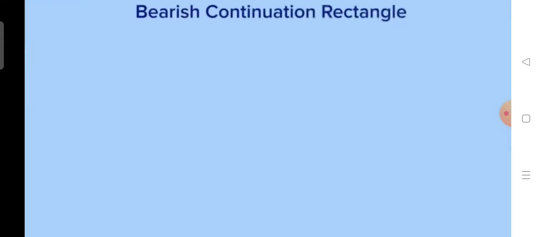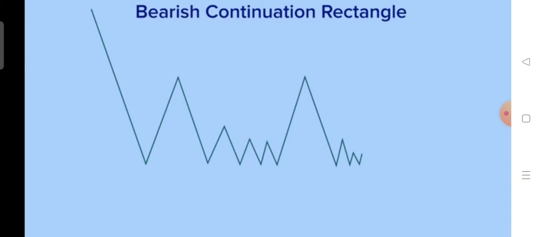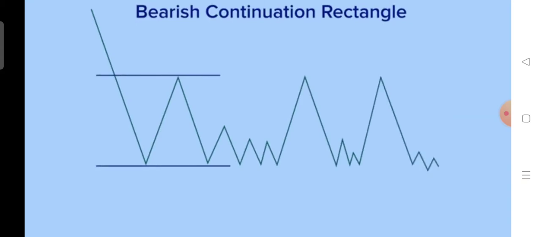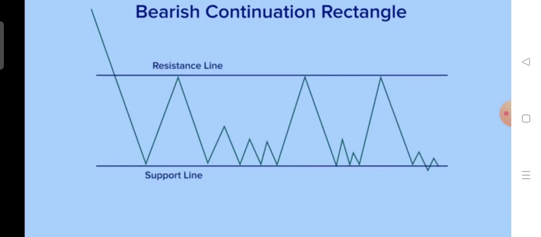So let us first talk about the continuation and finally we will talk about the reversal. So what happens? First there is a down move, then there is a price congestion, up and down, highs and lows are almost in a similar range and within a rectangular formation. Obviously when someone is seeing this, he can take the reversal trade aiming the opposite end of the boundaries, and eventually when there would be a breakdown, someone can take a continuation trade that will aim for lower levels once the breakdown happens. Again, the stop loss would be just above the breakdown point, that is the support line.